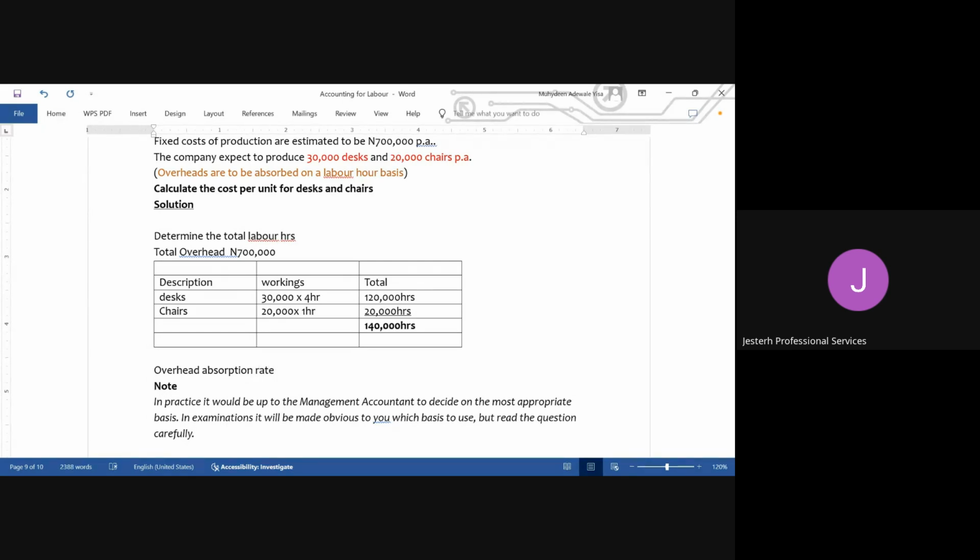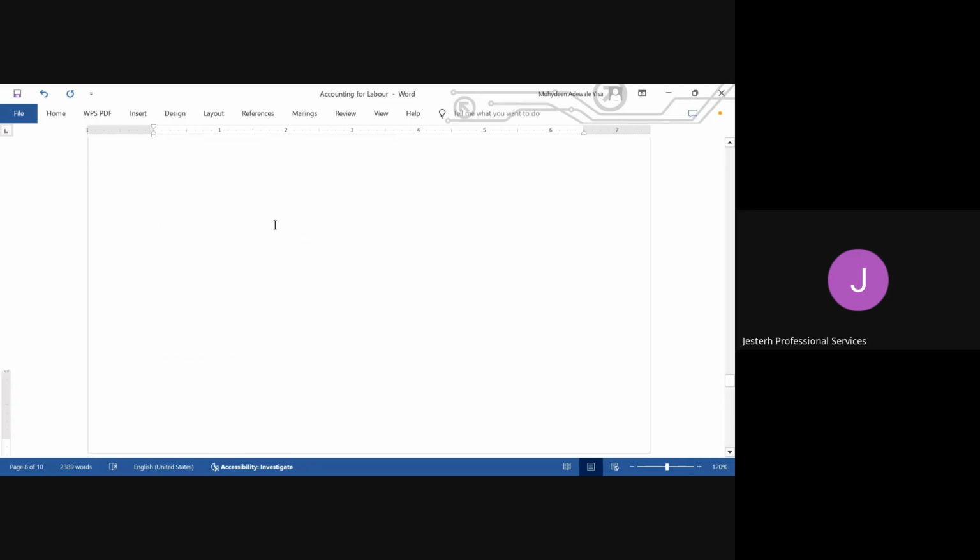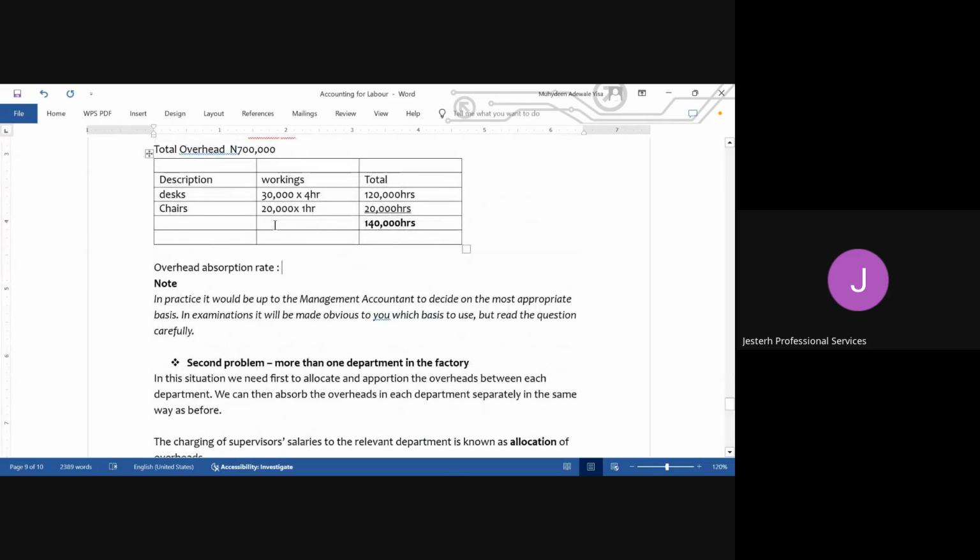How much is the rate of this overhead absorption? Now, remember the formula that I made mention of, the total overhead divided by the total units of whatever basis we are absorbing the overhead on. So in this particular question, we are absorbing our overhead on the basis of labor hour. So it will be the total